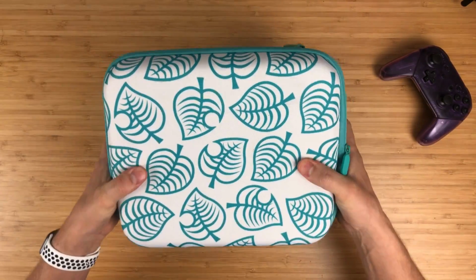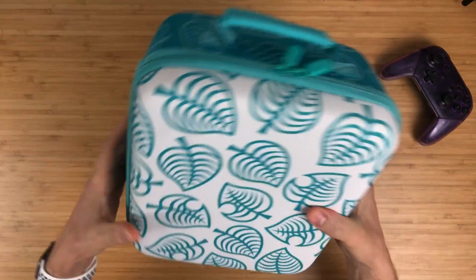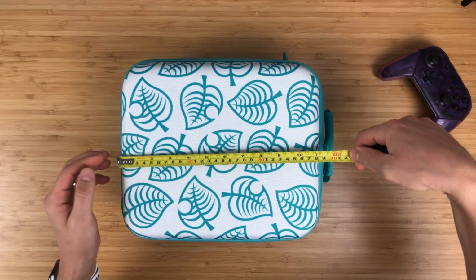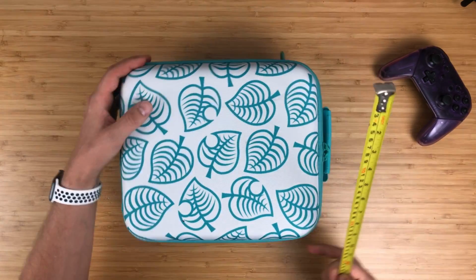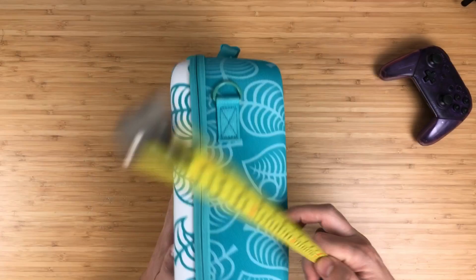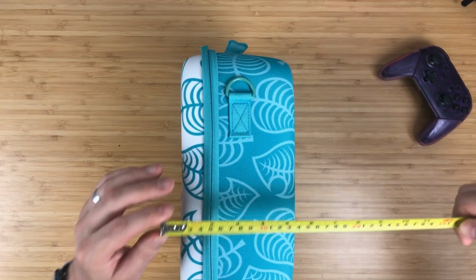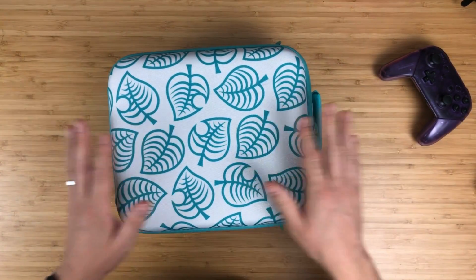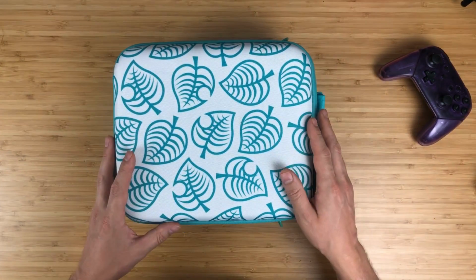The protection, let's go for the protection first. Exemplary, really loads of protection here. That's going to be fantastic. So let's go. Size-wise, you're looking at, including the handle, I'd say about 31 or 32 centimeters by 26 centimeters, and then depth-wise 13 centimeters, I'd say. So if you're looking to take this on a plane, I shouldn't think this would be a problem with hand luggage, but that would be it for your hand luggage, wouldn't it? Well, I'll see how you can get around it, and if you keep watching,